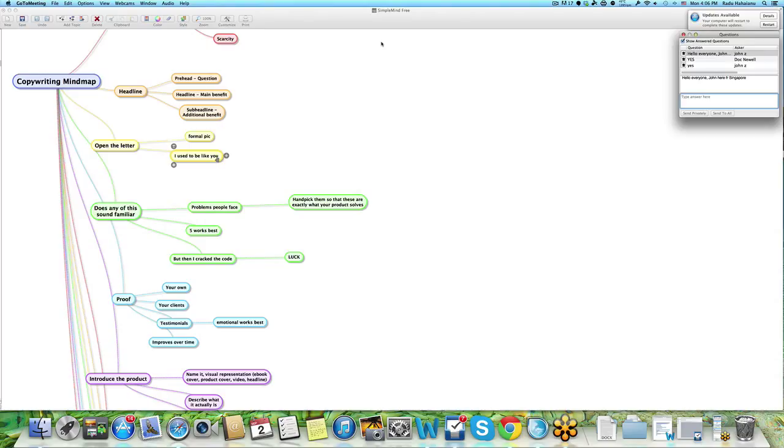So in the sales letter, you open with a formal picture, and then you have an introduction of who you are, what you do, and how you went from being like your prospect, from not knowing how to do what your product teaches you to do, to knowing it, right?